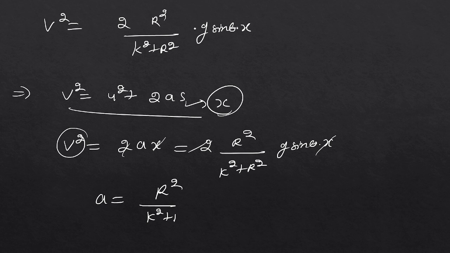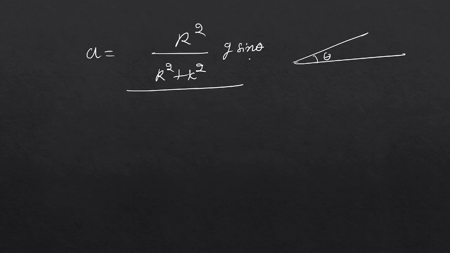By knowing the angle of inclination theta, you can easily determine this acceleration value. You also need the radius of that sphere, and k, the radius of gyration, and you can also derive